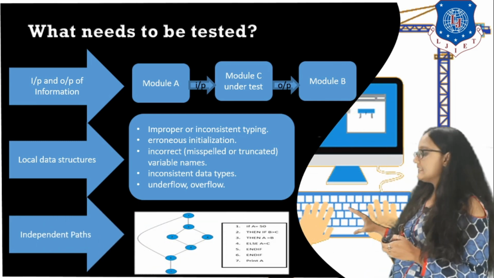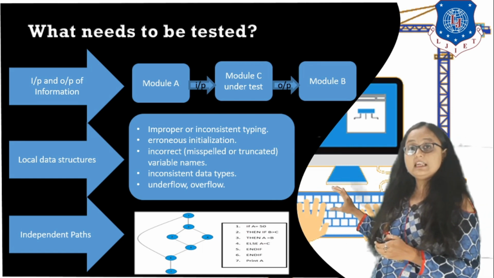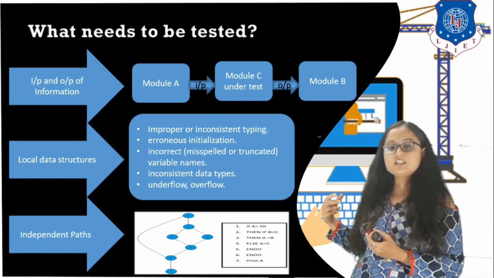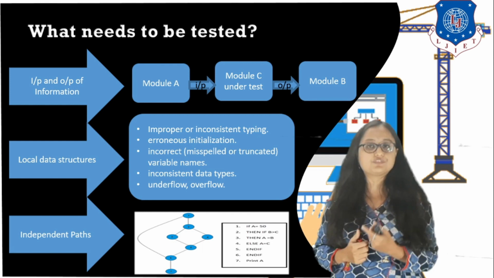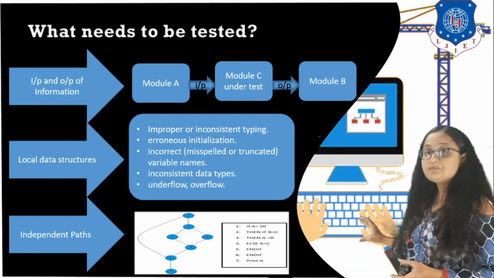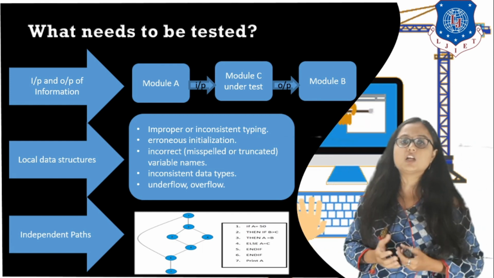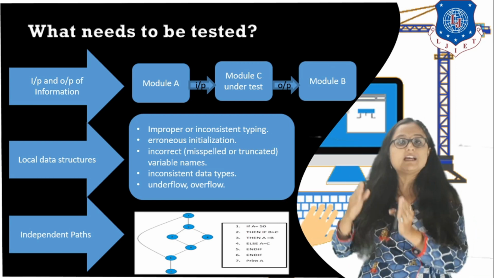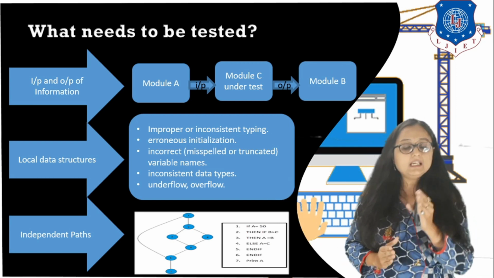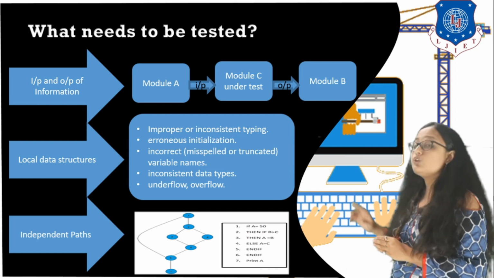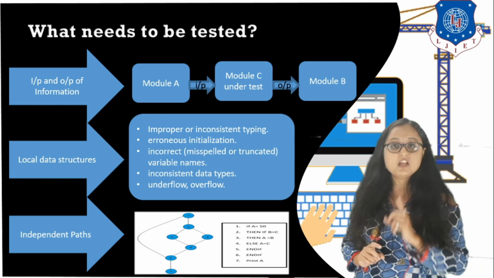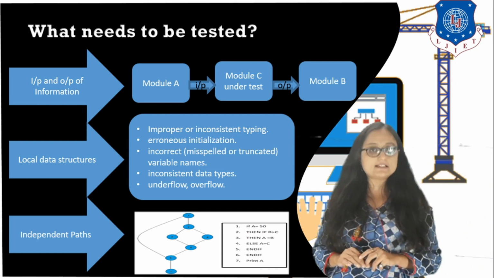The next thing that is tested is independent path. So here you can see there is a piece of code and you have an if condition, and there is one statement which is executed in the if condition, then you have an else condition, and in else you are executing another statement. What do you mean by checking independent path? Independent path testing means you have to check every condition.